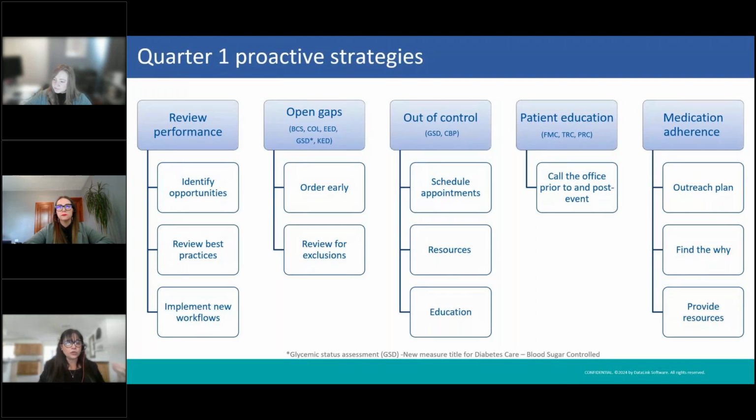You want to educate them and tell them to please call the office before they go to the emergency room or before they go to the hospital, and if they do have one of those events again, to make sure that they actually call the office right after so that you can bring them in for an office visit and to do the medication reconciliation.